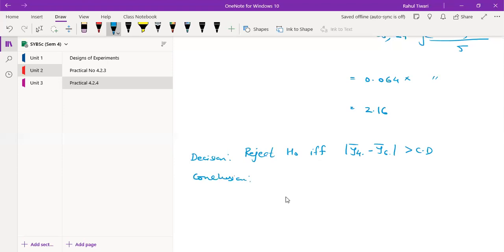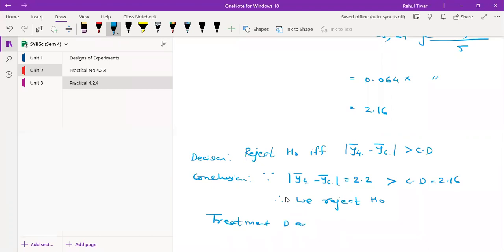Since y bar 4 dot minus y bar 6 dot, which is 2.2, will be greater than the CD value, which is 2.16, therefore we reject H naught, and we reject H naught. That means I will simply say treatment